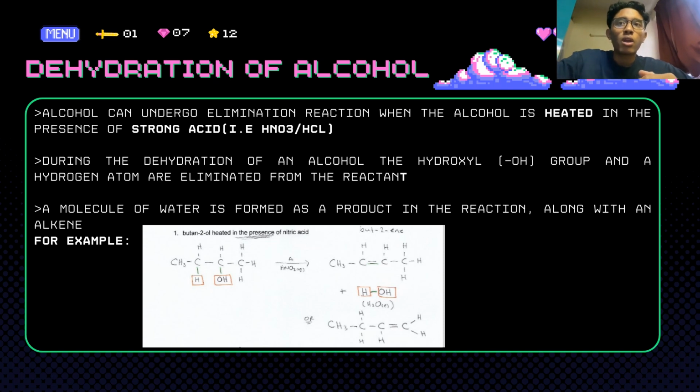Okay, for example, we have butan-2-ol. In the presence of acid, it produces but-2-ene or but-1-ene with the elimination of a water molecule, where but-2-ene is the major product and but-1-ene is the minor